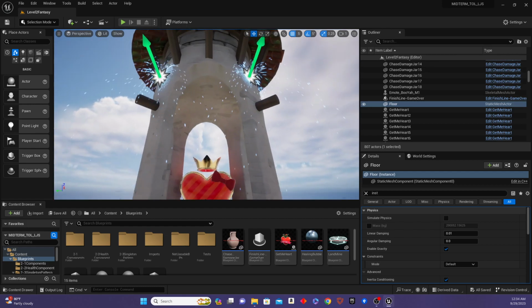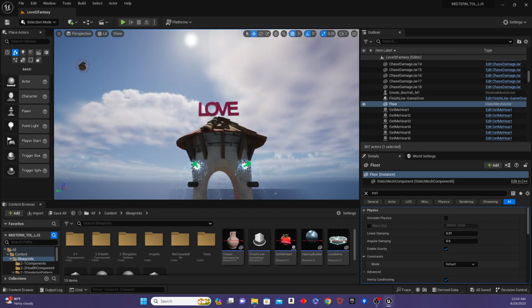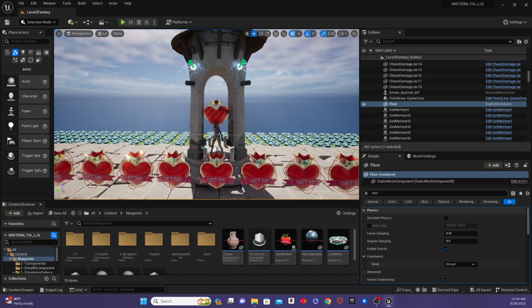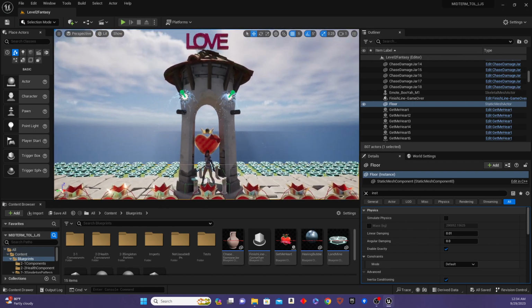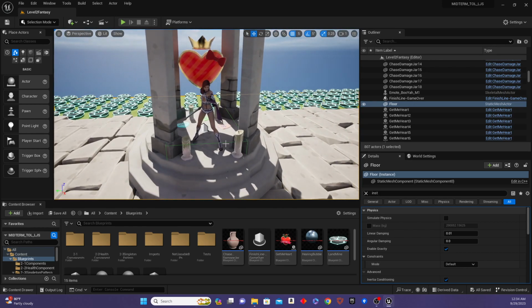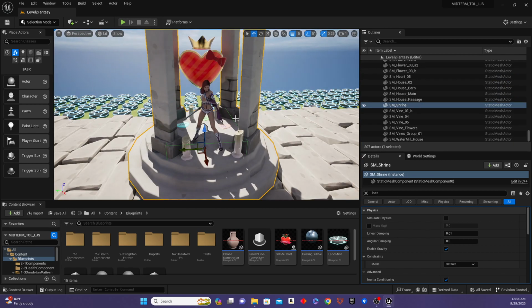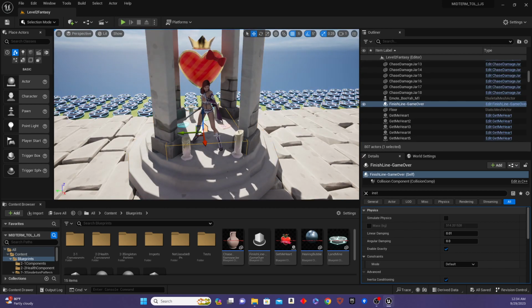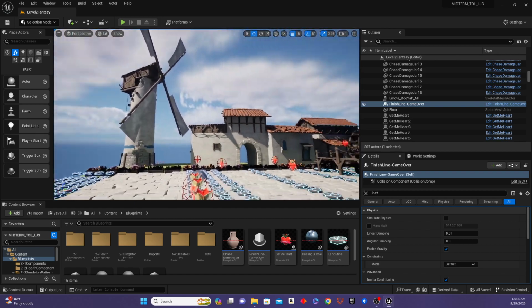I also have some sparks here, as well as the word love written on top, floating above. This just ties back into the title of my game, Trials of Love. So that's what that's about. And down here, this is my trigger box. So once you run up to collide with the other actor on the screen, it will finish line, game over, end your game. You can either restart